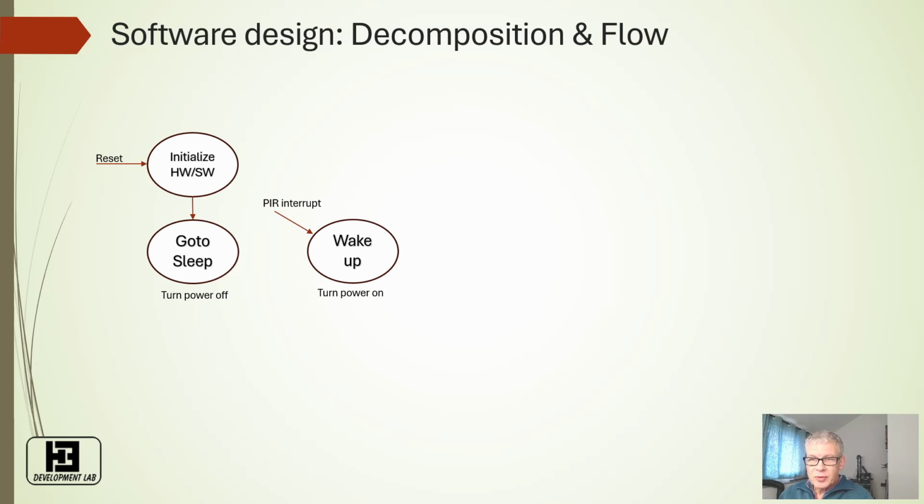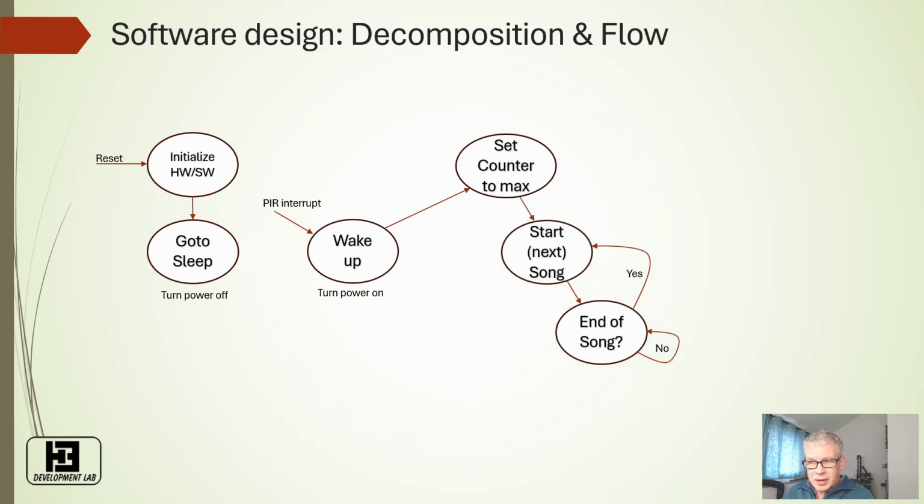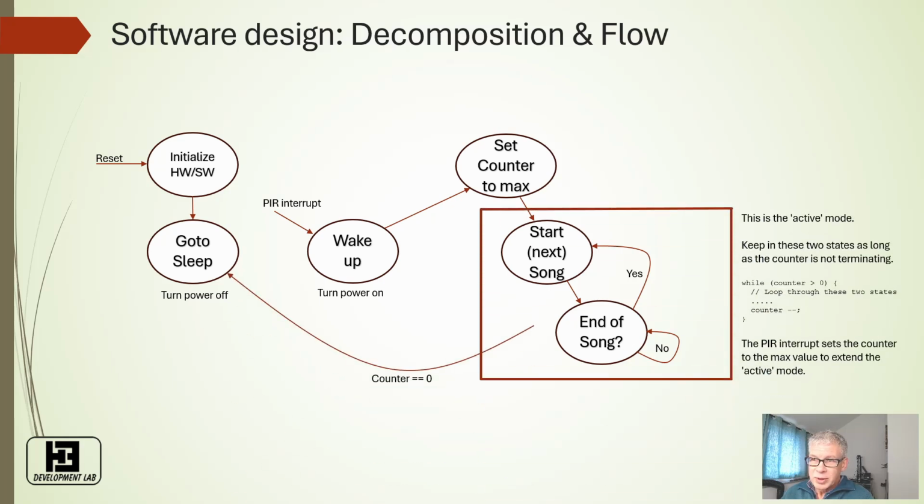So after the interrupt, we will call a routine which will wake up the system and which will turn the power on. And after that, we will set a counter to the maximum value, and I'll come back to that later. Then we will start to play a song, and we will check if the song is ended, yes or no. If it is not ended, then we will simply wait until the end of that song. If it is ended, then we will start the next song. And that's actually a loop. So that loop will be constantly executed